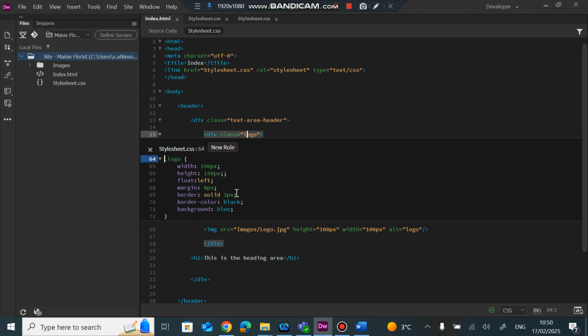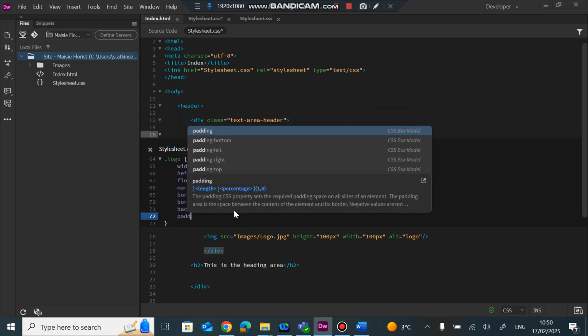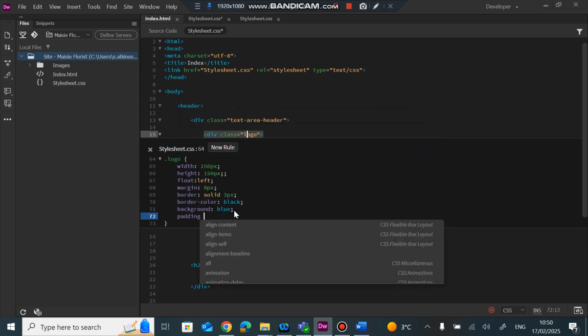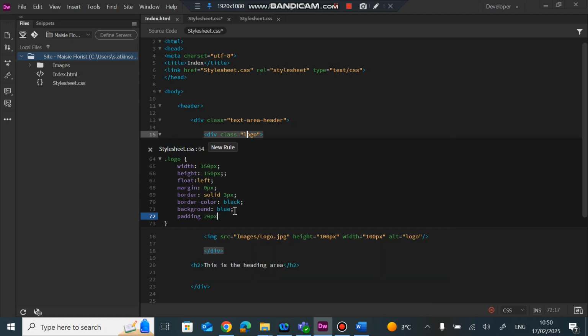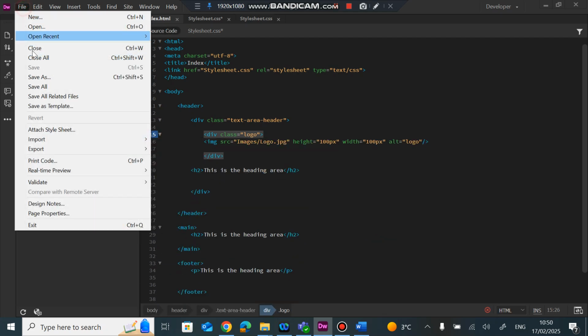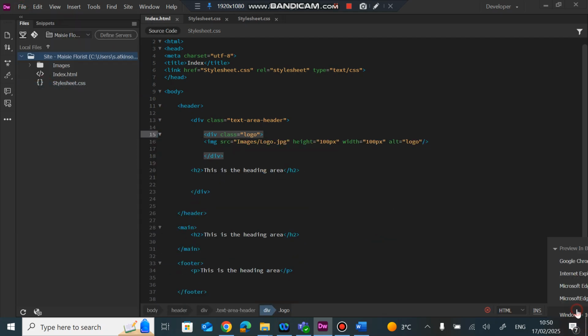All right. So again, just as a teaching point, if I wanted to put some padding in, okay, I'm just going to put in 20 pixels. Okay, so I've just put some padding. Padding is within an area. It's inside any areas you've done, not outside, which is the margins. So if I quickly have a look at that,